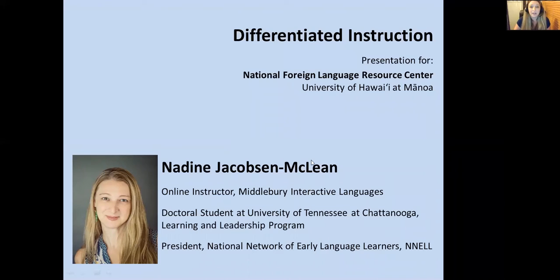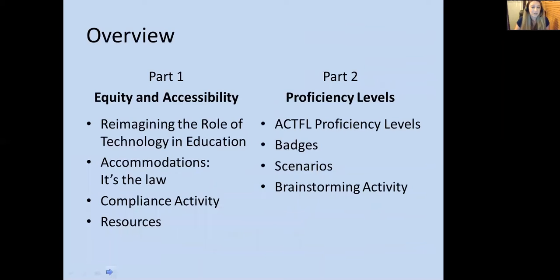So this presentation, I'm not sure if it touches exactly what the summary says. So I've actually split this up into 2 parts. There's a project that I just worked on with Middlebury Interactive Languages, which was to look at our materials, just the actual materials that we present online in that virtual learning community to the students, and see if it is accessible to all learners. And so the first part of this presentation, I would like to just get familiar with